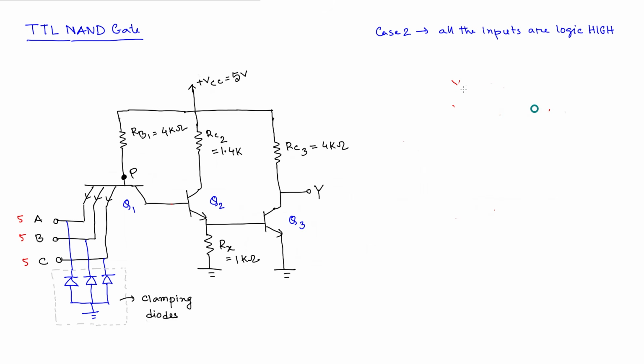So we said that if this particular junction needs to be forward biased, then this base to emitter junction is at a voltage such that this transistor is in saturation, which is 0.8. And similarly, if I want Q3 to be in saturation, then the base to emitter voltage should be 0.8. So I can write it like this: